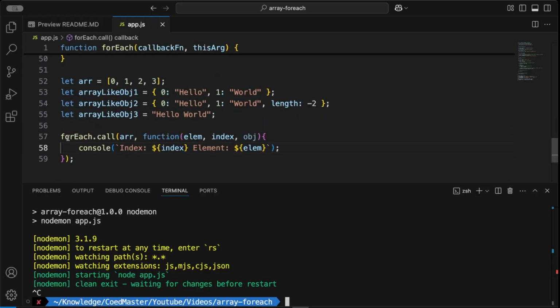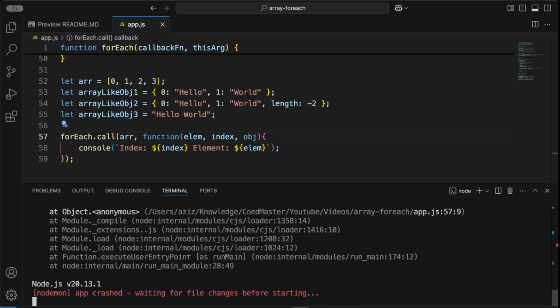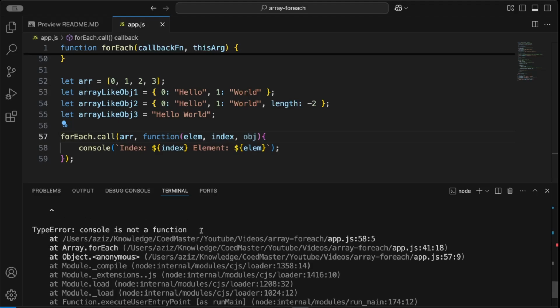We are calling the forEach function by passing the array as this binding, and then we are calling the callback function, which is this function, and this function receives 3 parameters: element, index, and object. As simple as that. Okay, now let's run npm run nodemon, and we get the error, console is not a